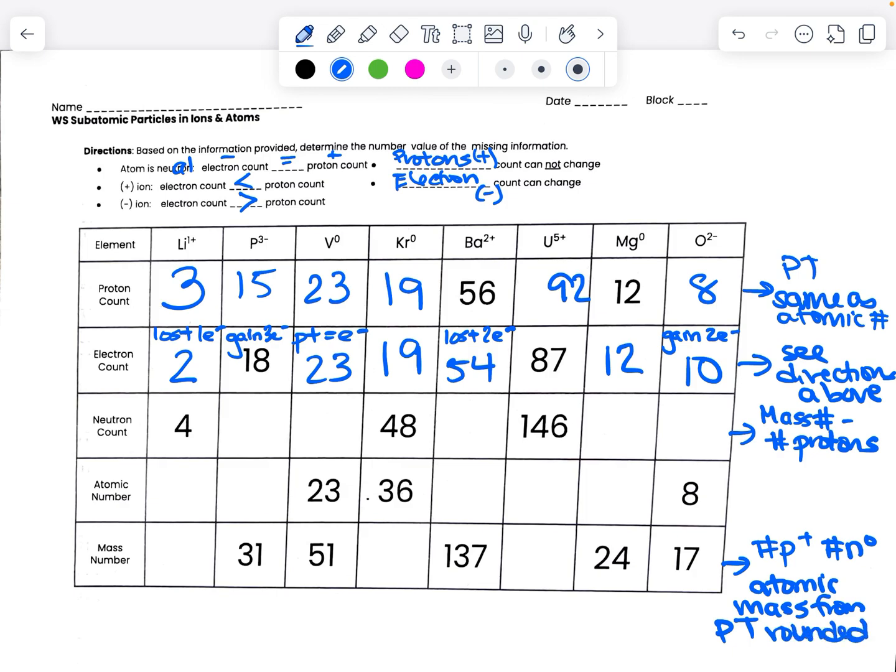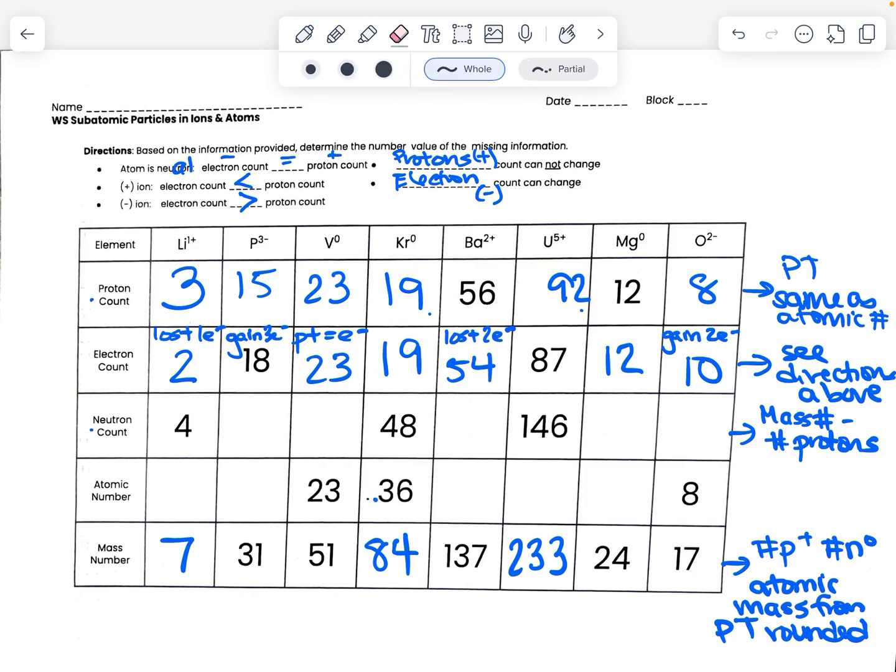For example, this first one, lithium, I can calculate my mass because I have protons and neutrons already. So 3 + 4 is 7. But all the way over here at krypton, I do have that. So I have 19 protons, 48 neutrons. So that would be 84. And I can also use this here. So 92 plus 146 added together should be 233. And by the way, if I did any of this math incorrectly,